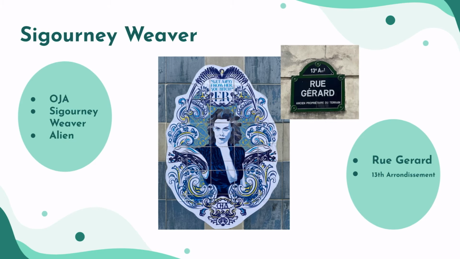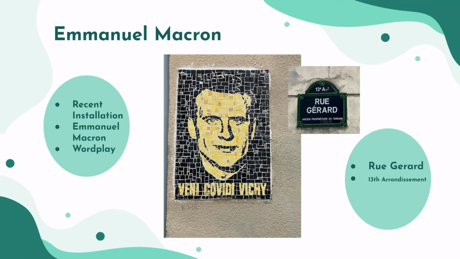And this is a really good example of strategy number two, because not only does this use a famous quote, but it also uses a pop culture icon. And yeah, it really just encapsulates strategy number two. So if you continue on Rue Gérard in the 13th arrondissement, you may stumble upon this